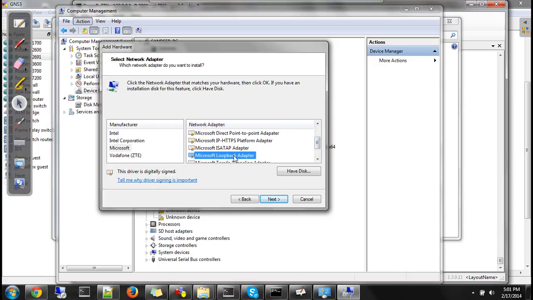On Windows 8, it might be KM-TEST loopback adapter, so you would need to select that particular one, but make sure you pick loopback adapter. And then finally click on next. Let it install, let it finish. Once this is done,